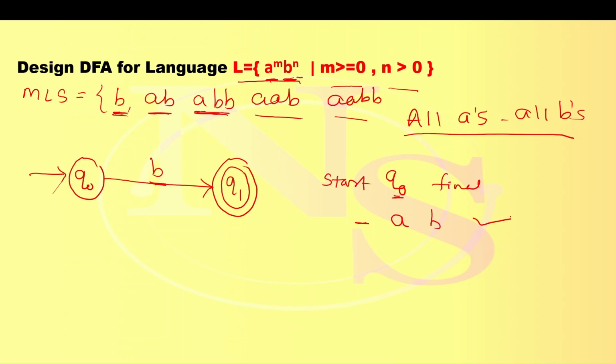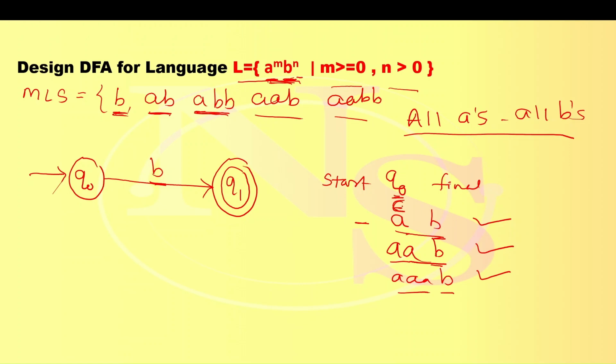Check, is this a valid string? Yes, b is a valid string. It's in the MLS as well as following our language: all a's, then all b's. From q0 we look for a single a, or double a is also allowed, with this b as it is. Is this valid? Yes, aab, all a's then b, it's also a valid string. If triple a is coming followed by b, this is also valid: all a's then b. If suppose a's are not coming, it means